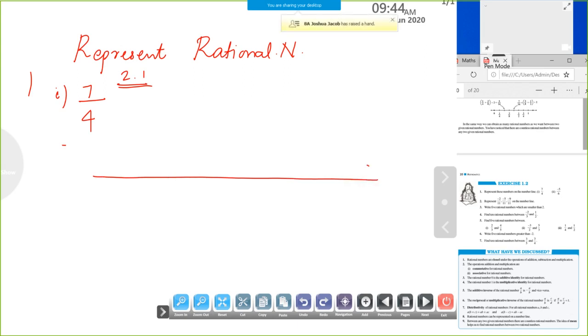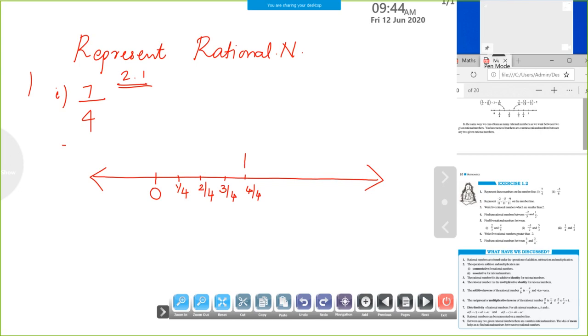First draw a number line, okay? Have you finished? Some of you must have finished. And it's a positive number. Identify the number. And it's going to lie on the right side of 0. So let me mark 0 first. Okay. Now it is 7 by 4. So as I said, using a scale, mark equal widths as 1 by 4, 2 by 4, 3 by 4, 4 by 4. All of you know 4 by 4 is 1. So you can mark it as 1.